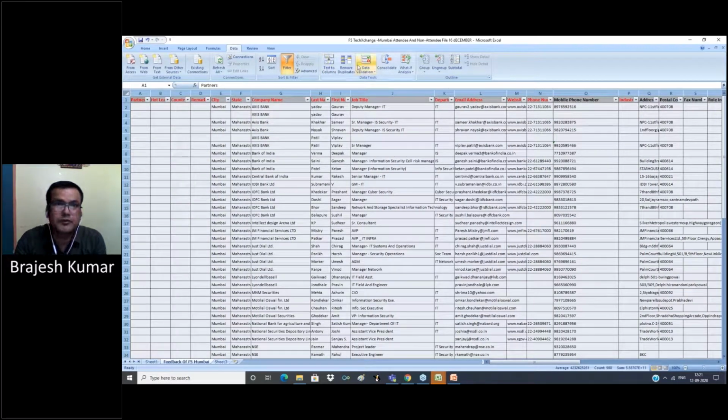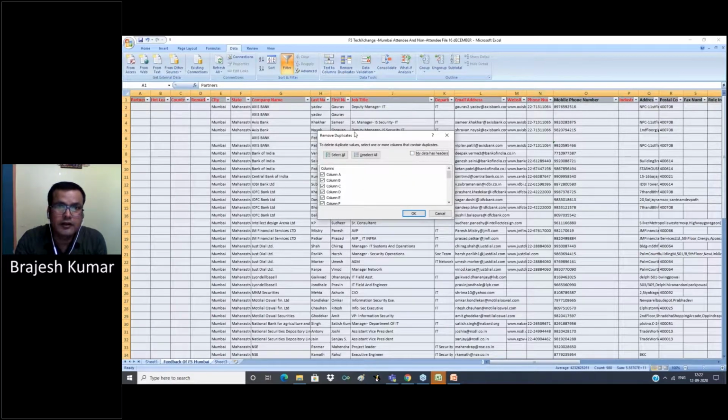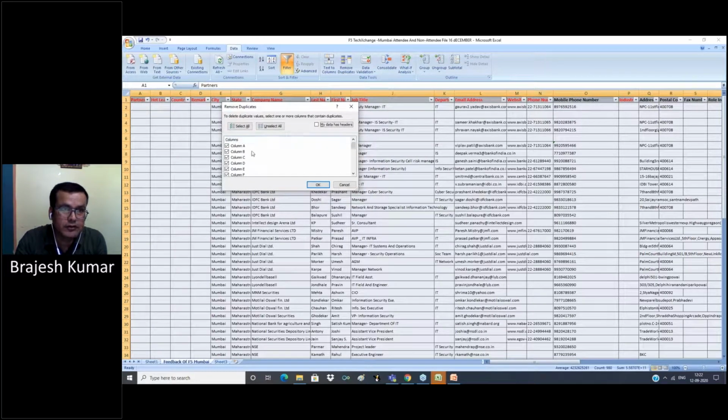So for this we use Remove Duplicates. If column heading is not there, then select My data has headers, again unselect, and now select the column name which you want to use for duplicate check. We want to use mobile phone number. Select mobile phone, click OK.